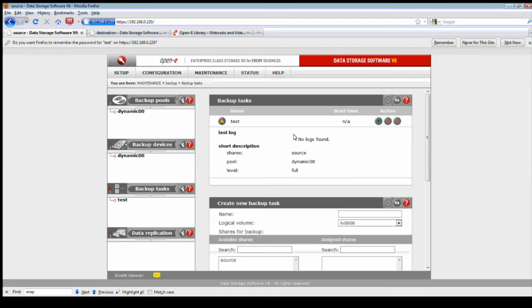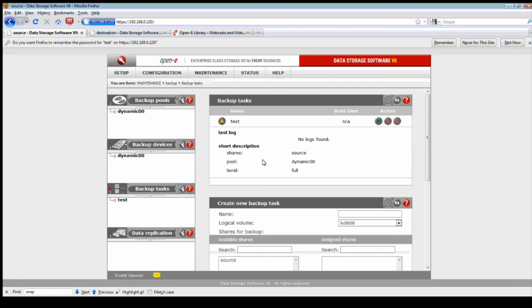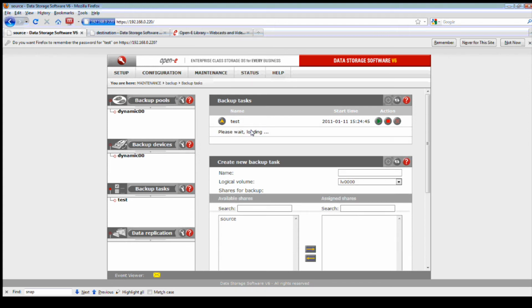Now it goes back to scheduling again, similar to the snapshot. So now again, I can do intervals or weekly. I can do Monday through Friday, and I can start them off at, let's say, 4 p.m. Every week, or every even week or odd week. So we'll just kick off our task, just to show everybody how that's done, and you will see that our task will then be created as test.